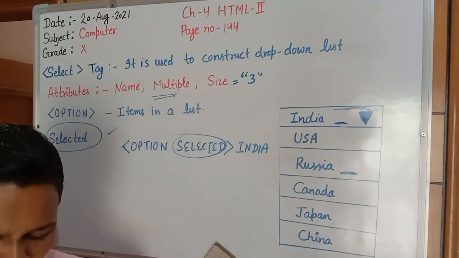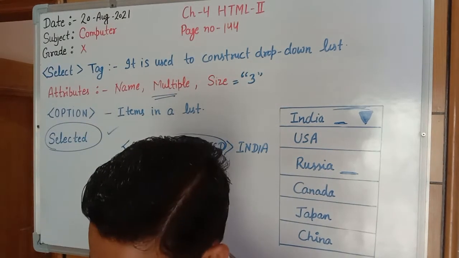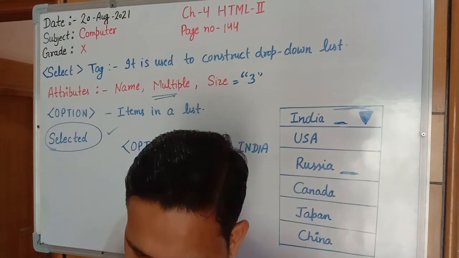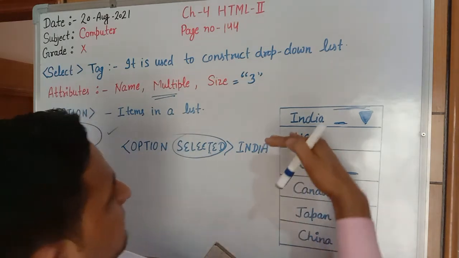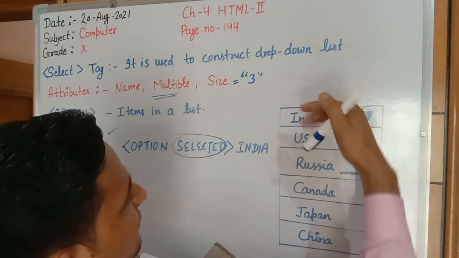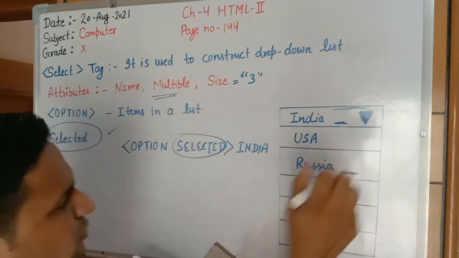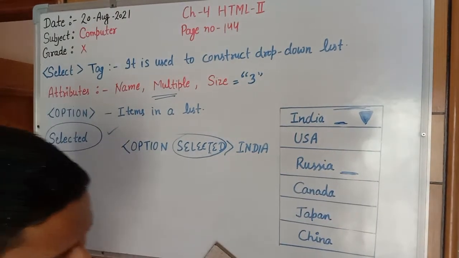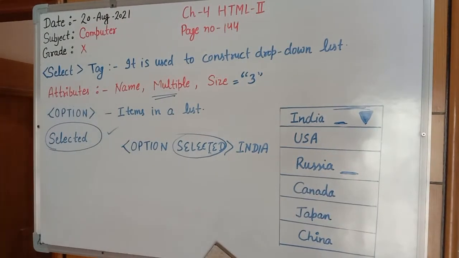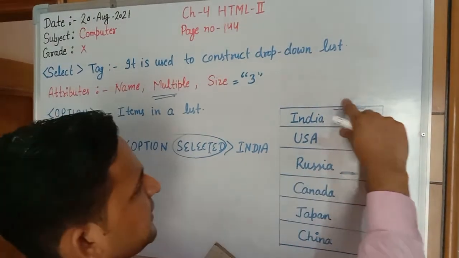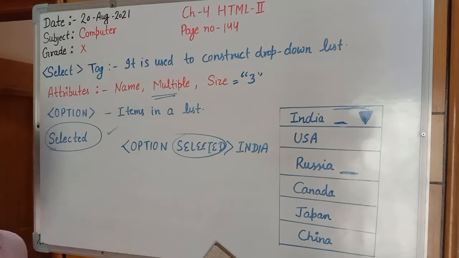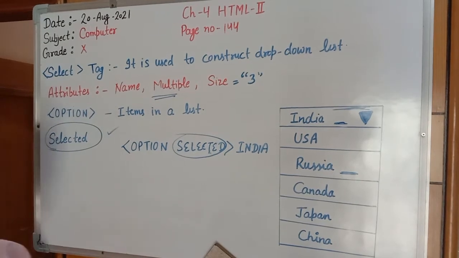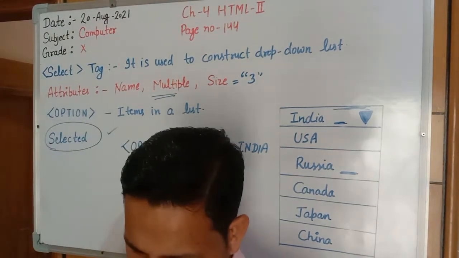So when we display the output on the screen, you are looking at page number 145. Only India is selected and total items are 6. But by default only one item will be displayed, that is India. When you click on the right corner of India, all items will be displayed on the screen. So this is the disadvantage. Only one item will be displayed till the time we are not giving the size for items. This is the major problem. Now come to the next part, example 12.